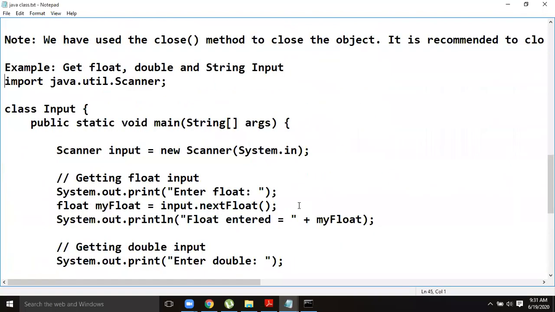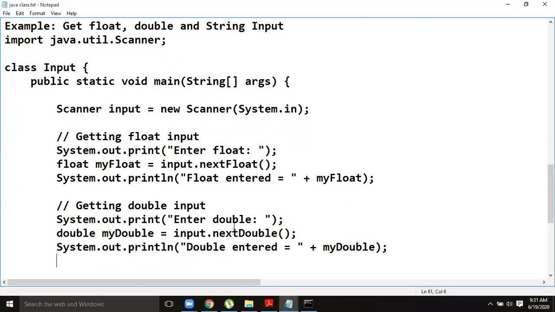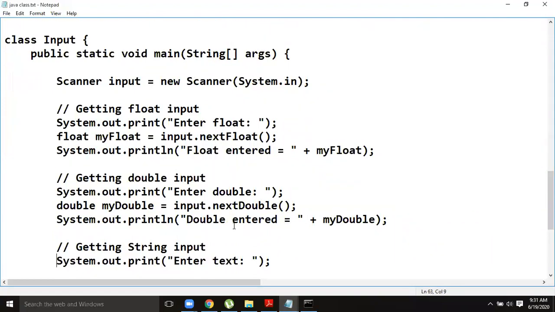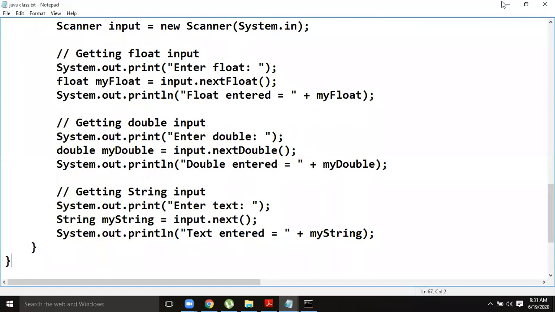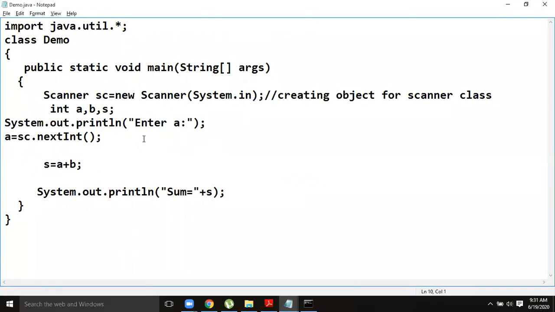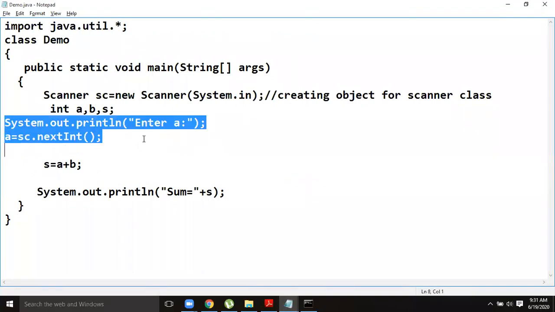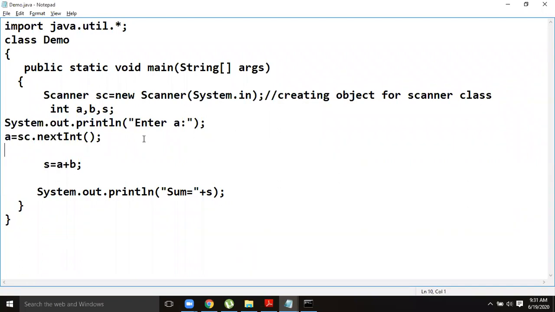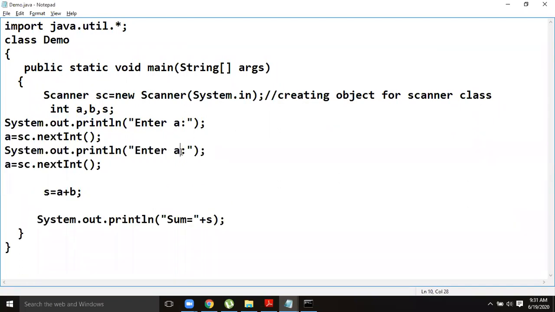First see this integer, nextInt. Similarly, if you want to get the next input, enter B after entering A. So what is the variable name? B. So A and B.